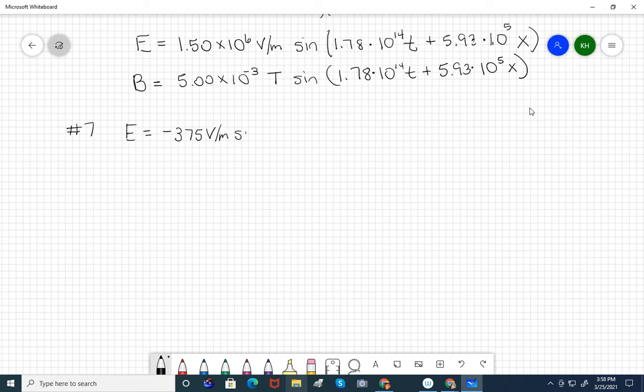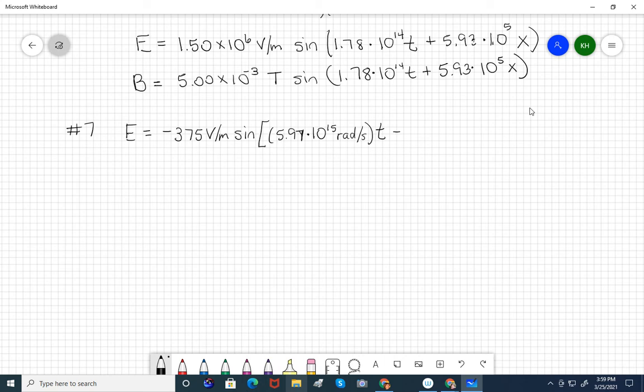Sine, it gets a little messy here. 5.97 times 10 to the 15th radians per second times t. So there's my omega t